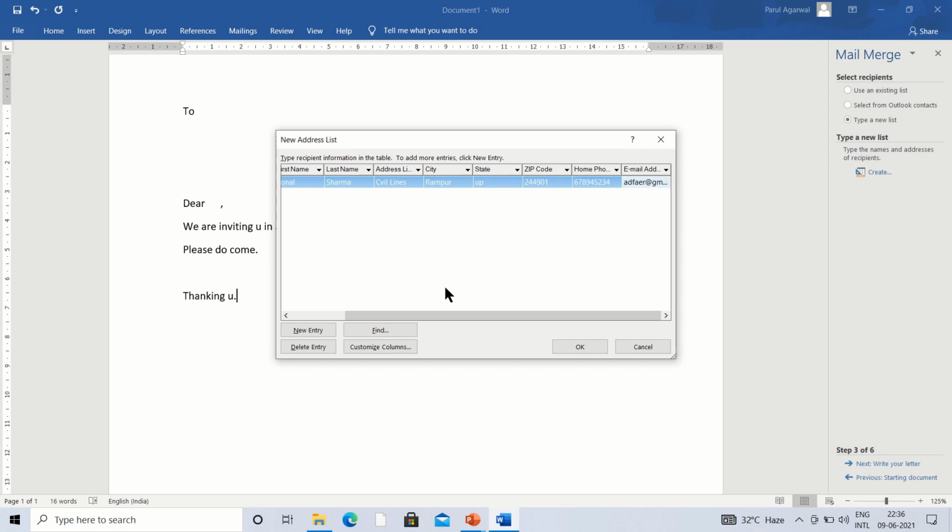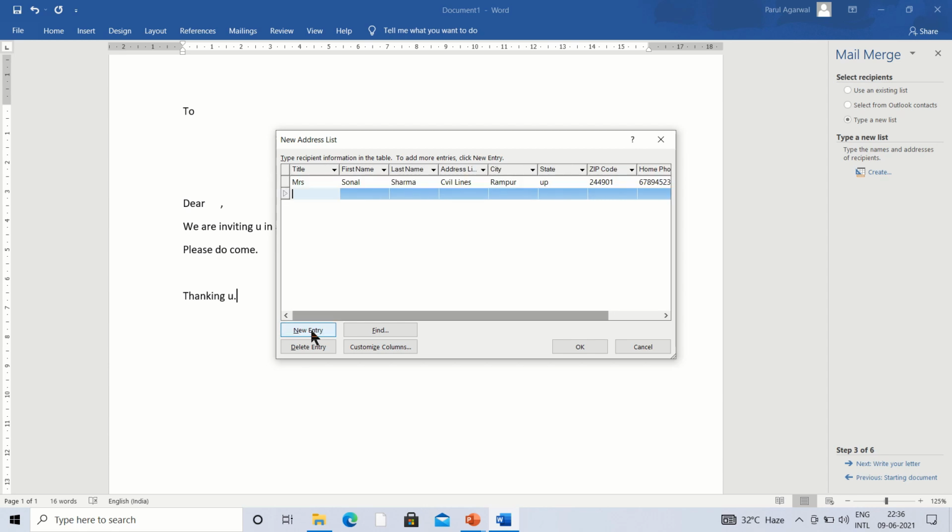The same way we'll go for the next entry. For that purpose we'll click on New, and we can type the new address here.